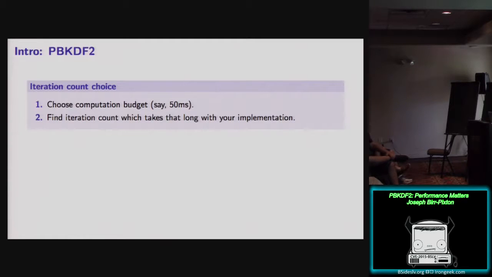So this is the main slide. When you're using slow hashing, you come up with some kind of budget for how long you want to spend doing this, say 50 milliseconds, and then you work out how to tune the function you're using to take exactly that time. And the problem is, if your PBKDF2 is, say, 4 to 10 times slower than it could be, then you're either giving a 4 to 10 times advantage to your attacker, who has a boatload of GPUs, or you're just wasting the user's time and power and general energy, and it's a disaster.